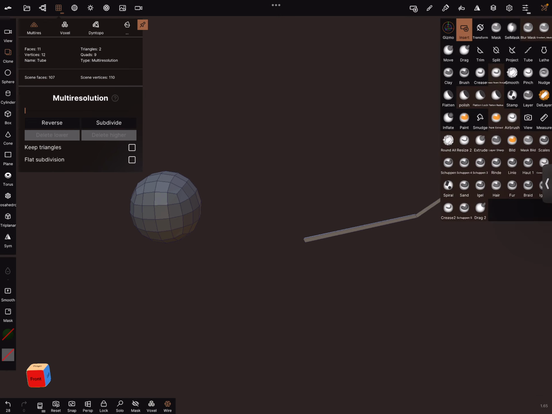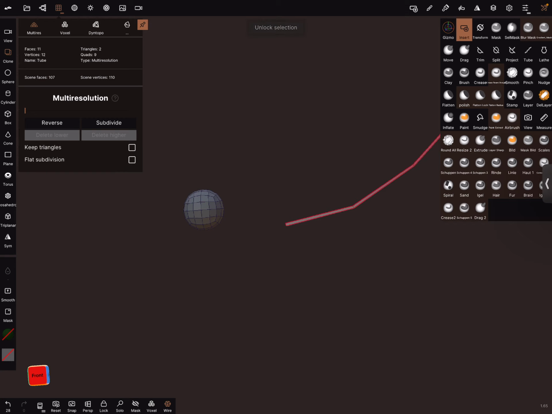Okay, and go to the insert tool, turn the outline on, and let's start. Lock it at the bottom.